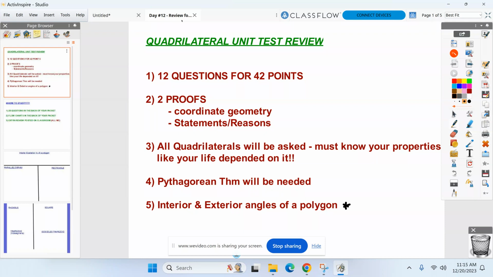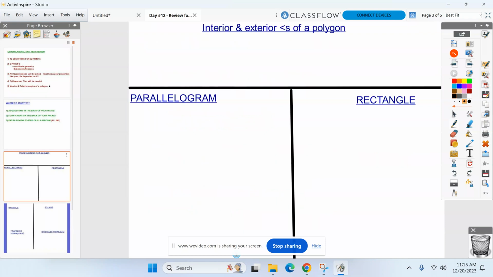All right. So what I'm going to do right now is we're going to go through all the properties to make sure we're all set and not forgetting anything. All right. I'm not asking you to copy them down at all. If you want, great. If not, everything's in your packet to begin with. So let's first start with that interior and exterior angles of a polygon. That was day 1. There's a formula for the sum of the interiors, and that is